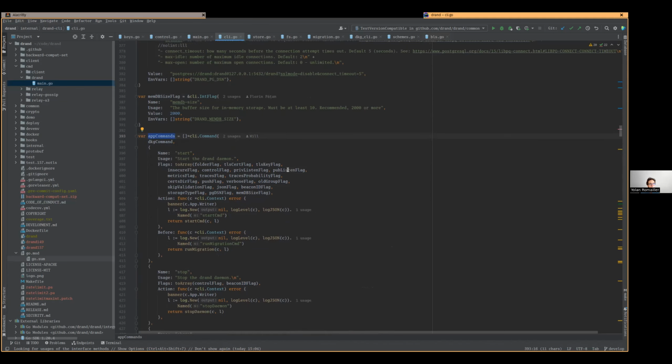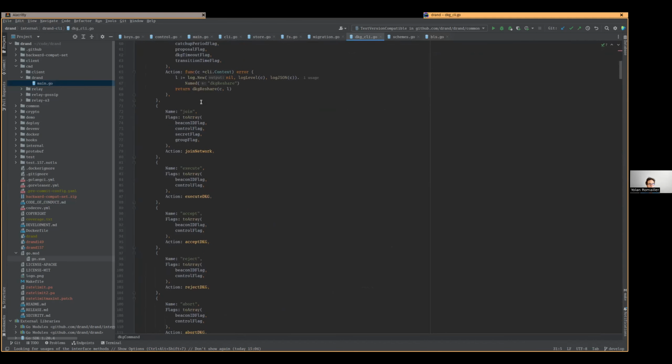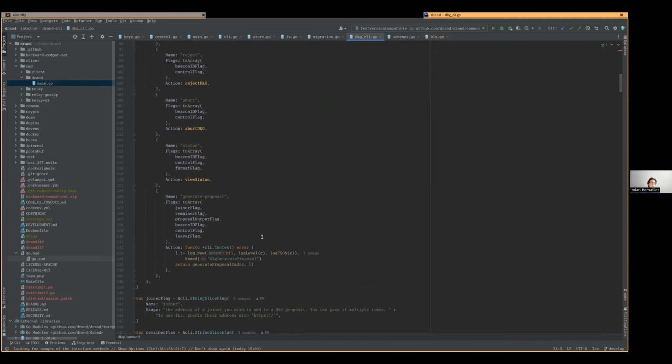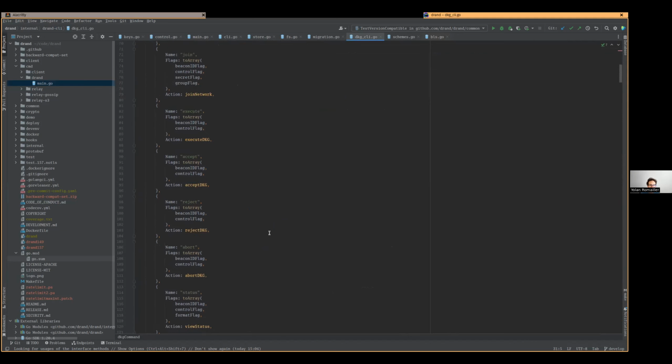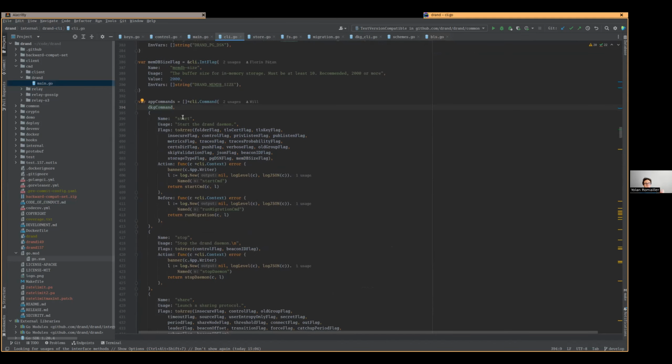For example, which include the DKG commands, which are in another file here with the different DKG commands that Patrick presented a couple code walkthroughs ago. And then we can see the most important one probably is the start command to start the drand daemon. It contains quite a few flags you can specify, and the flags we're very interested in today are the folder flag,